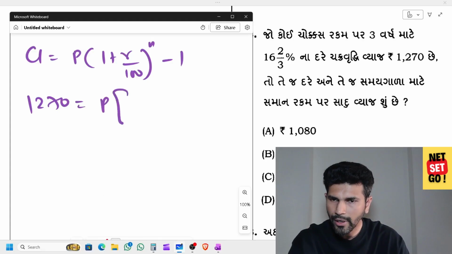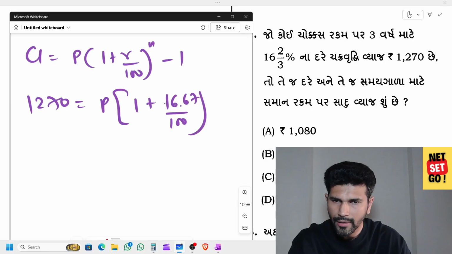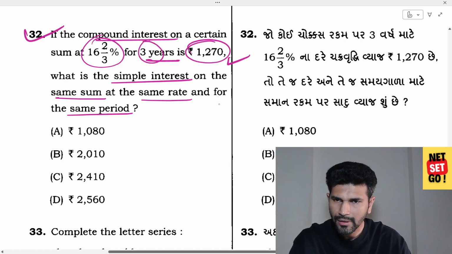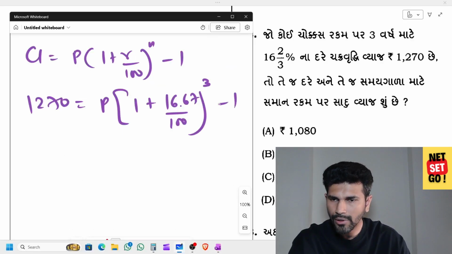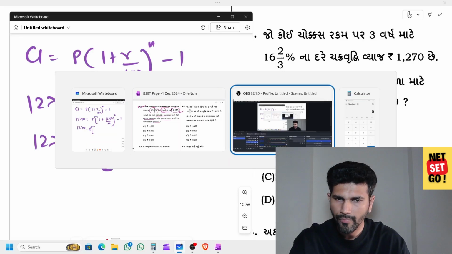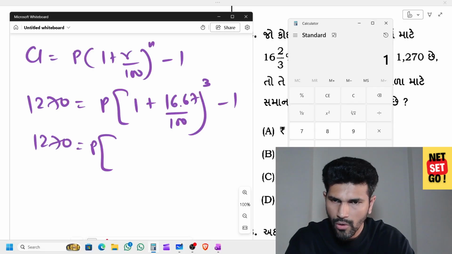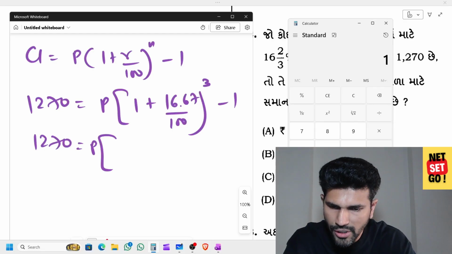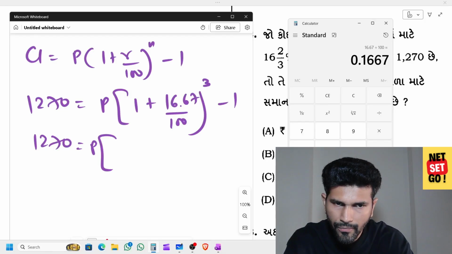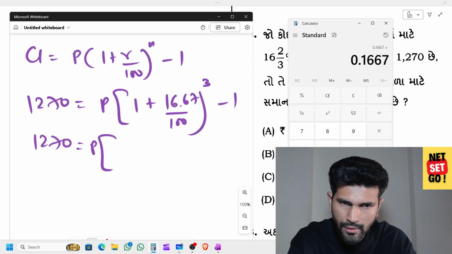equals to P, we need to identify. 1 plus R is 16.67 divided by 100. N is 3 years minus 1. So 1270 equals to P into 16.67 divided by 100 plus 1